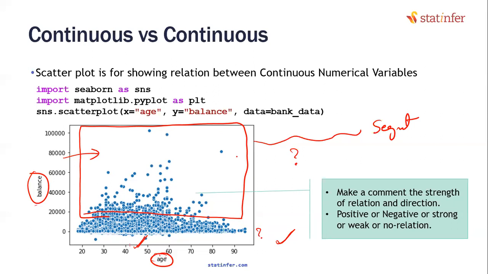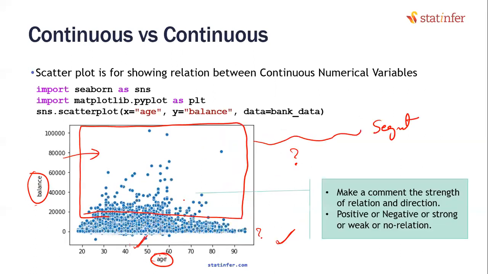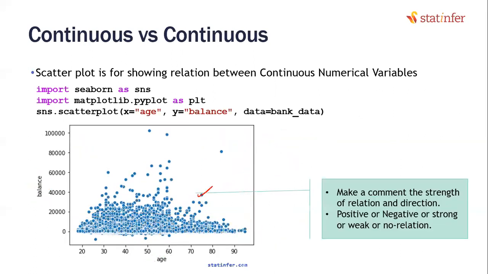How do you explain that? The example that I took is a column called Y. It takes two values, yes and no. What I want to say is, is there a difference compared to the overall data in the way age and balance are related? Are they behaving differently when this variable is segment 1? Let me say no as segment 1. When this variable is segment 2, are they behaving differently in segment 1, differently in segment 2, or maybe in segment 3, when compared to the overall relation like this? Are you with me?